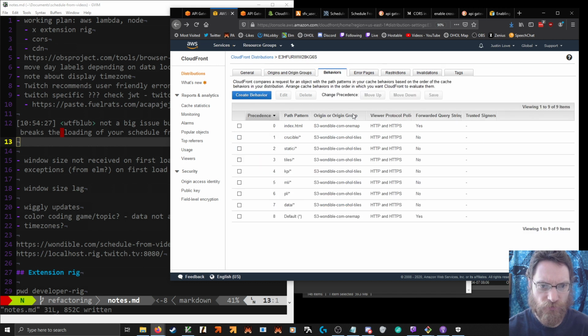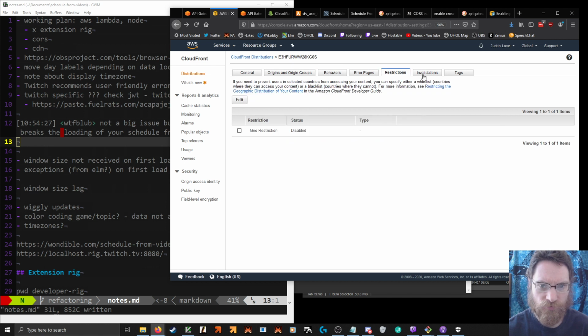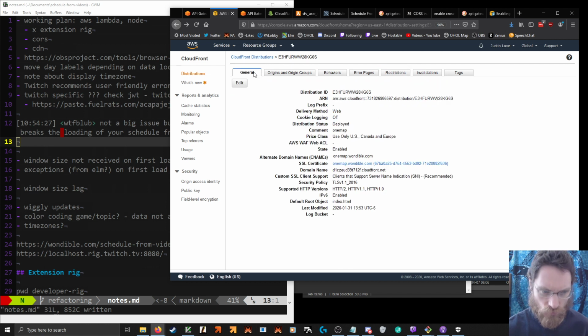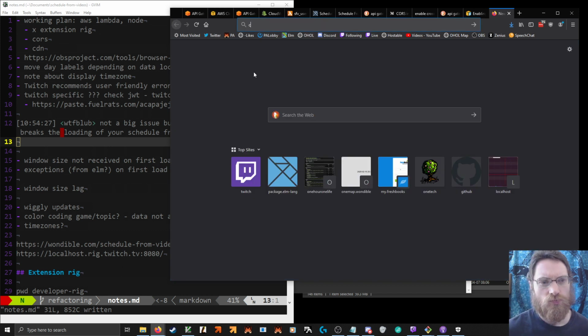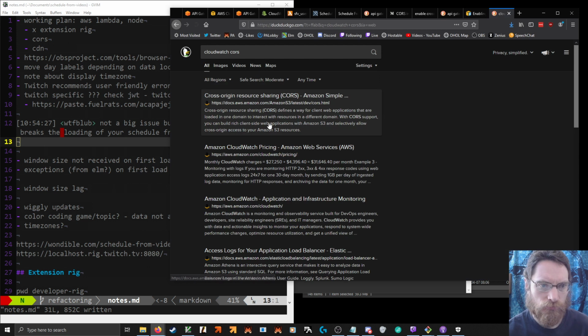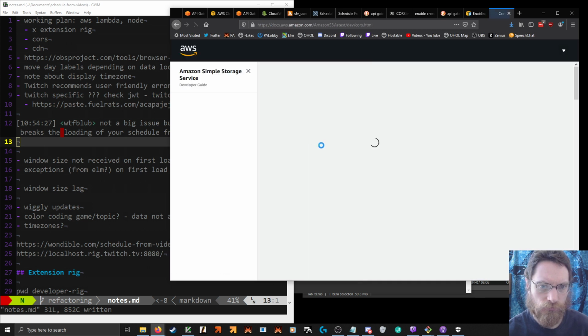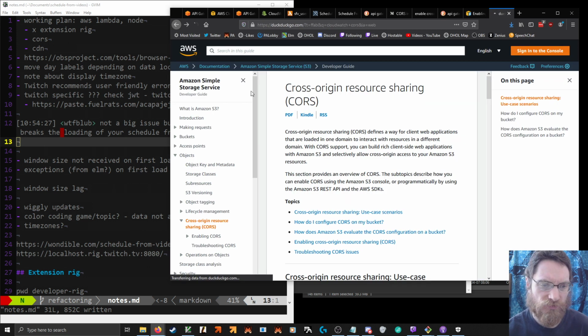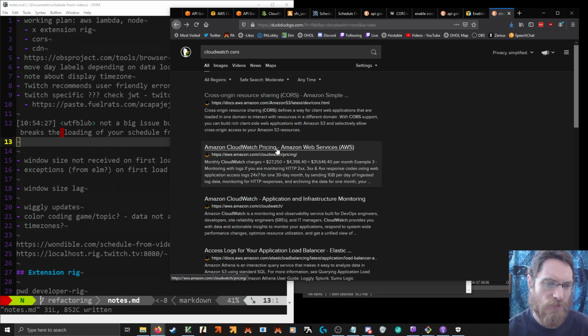That's where we get data from. To which paths we match. No, that's S3. Maybe it forwards from S3.